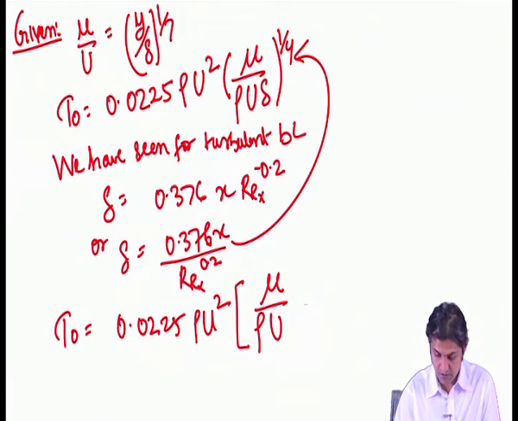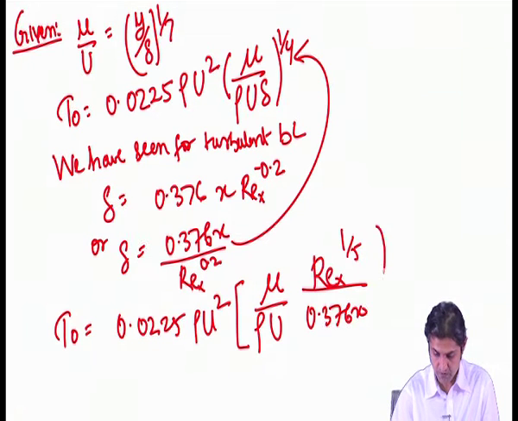So, delta will be 0.376 x into Re x to the power 1 by 5, and to the power 1 by 4. On rearranging,